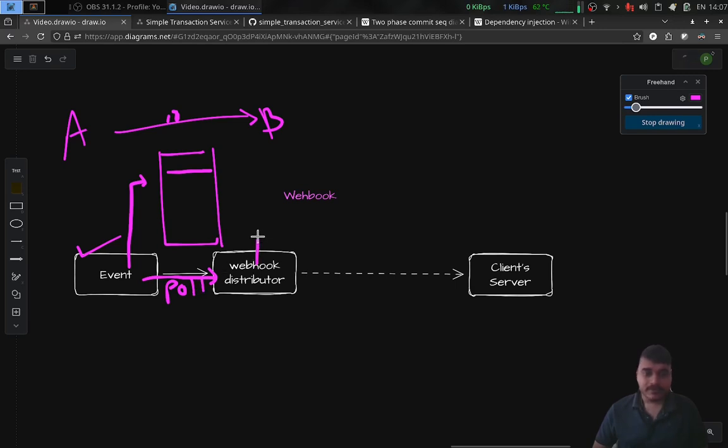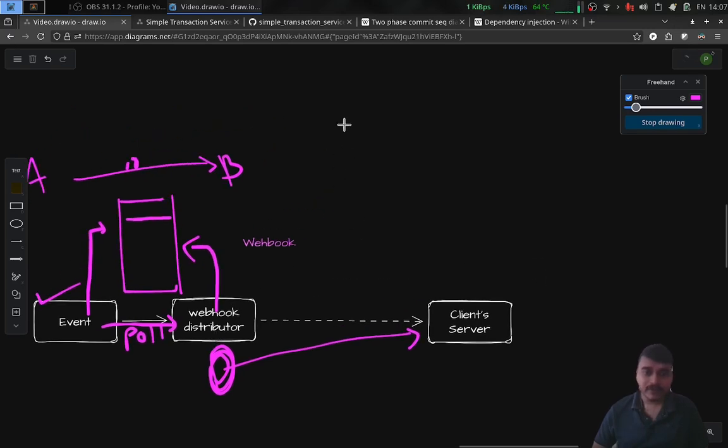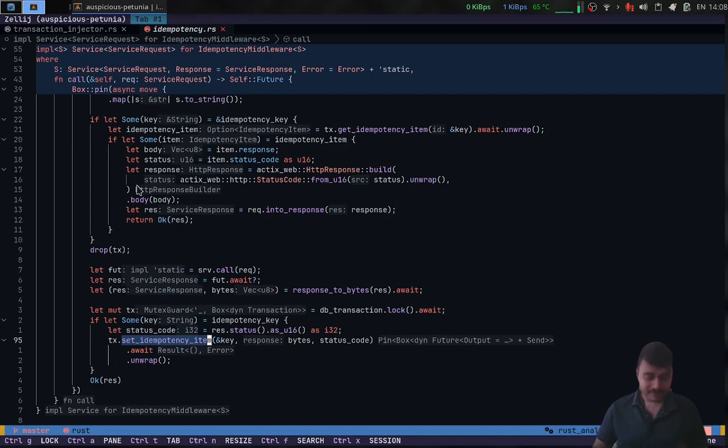The web distributor will check the queue, and it will iterate over all the webhook servers which are listed, and it will send it. Simple as that. Now what are the components required? There is a requirement for a queue, a requirement for a poll function,